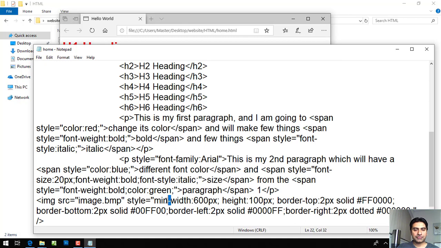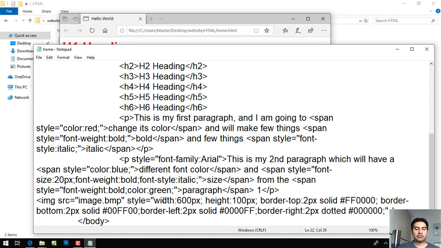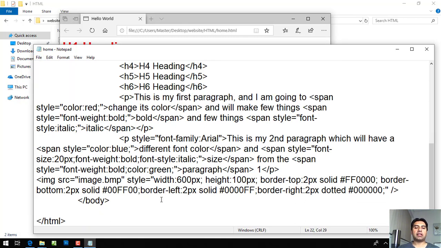Okay. I will tell you in another lesson how you can make things responsive, like making an image a responsive image, which will work on different devices and different resolutions. We can do that in another tutorial, but in this one I'm going to teach you how you can